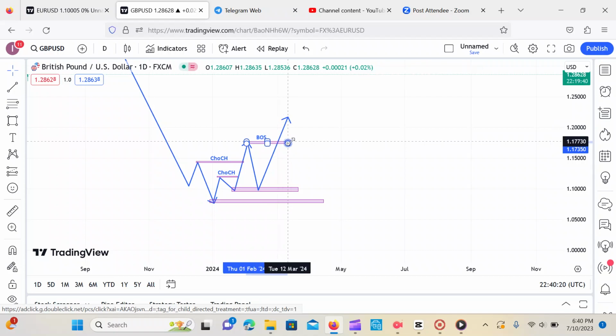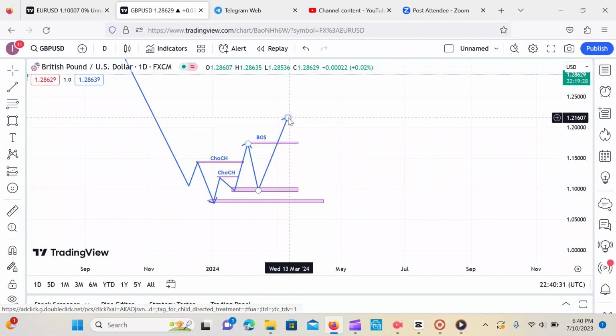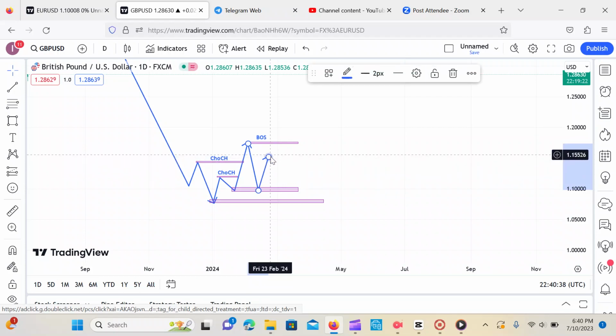This is where you will apply your price action strategies, because most of the time, along this journey when the market was pushing to the upside, maybe there was a sort of consolidation right here, maybe price got to this place and pushed back a bit